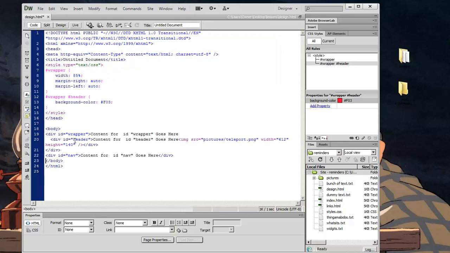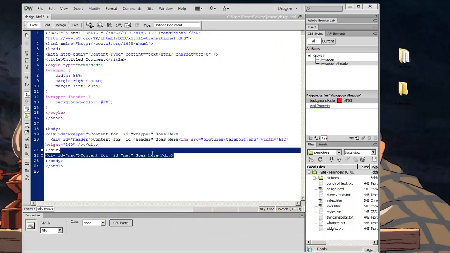But if I'm in code, this is kind of weird, I know, but if I'm in code and I select that div like this, that's the div for that, that's the div code right there. I can literally drag it so that it falls right inside wrapper after